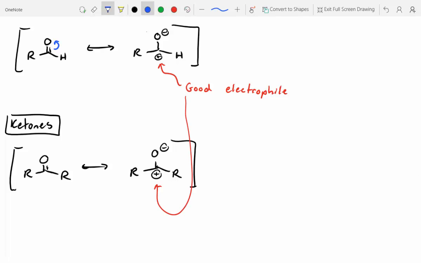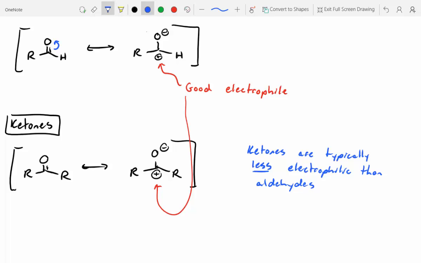And then we'll make a note that ketones are typically less electrophilic than aldehydes. And one argument we were making was sterics, that carbon on the ketone is a little bit harder to reach if you're a nucleophile than the carbon on the aldehyde. What's another argument we could make